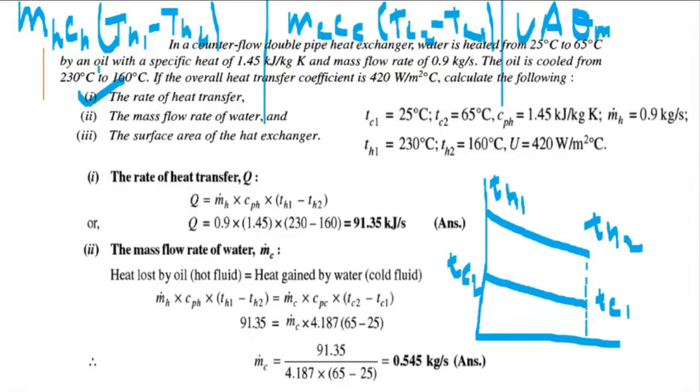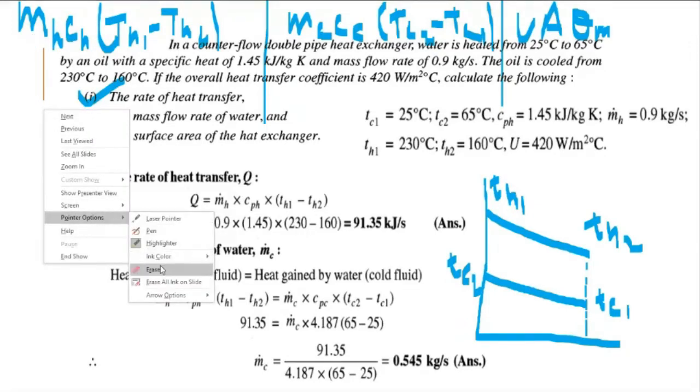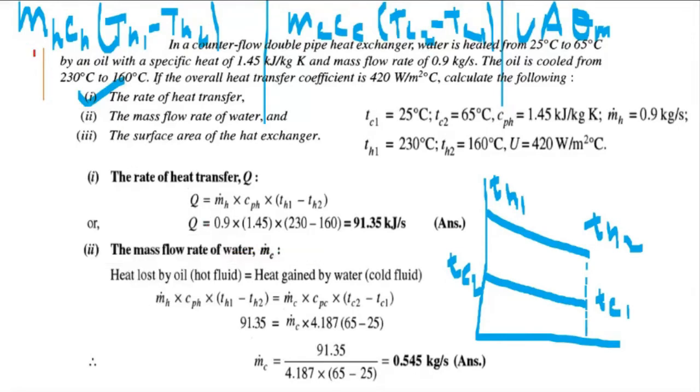Now in this case, we will see what data is given to us. If we see the first relation, is the mass flow rate of the hot fluid given to us? Yes, sir. Is the heat capacity for the hot fluid given to us? Yes, sir. So mH value is given, CH value is given. Are both the temperature values also given? Yes, sir. So using this relation, we can find the rate of heat transfer. We'll just go to the next one and see what the unknown value is.